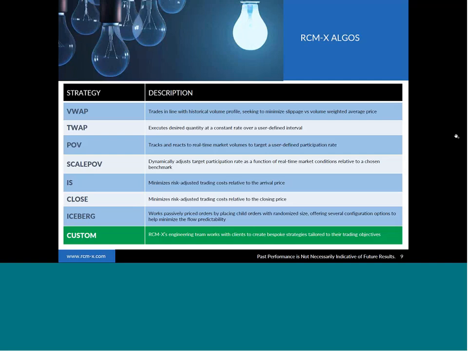And scale POV is a variation of POV that lets you reflect an opinion on whether you think the market's prices are going to exhibit trending or reversionary behavior. What it does is it lets you set a band on your participation rate. So rather than saying participate in 3% of the market's volume, you could say participate somewhere between 0.5% and 3% of the market's volume, and choose somewhere in that range depending on how far the price has drifted from the arrival price of the order. And parameters allow you to choose how strongly you wish to follow that alteration between that minimum and maximum participation rate.